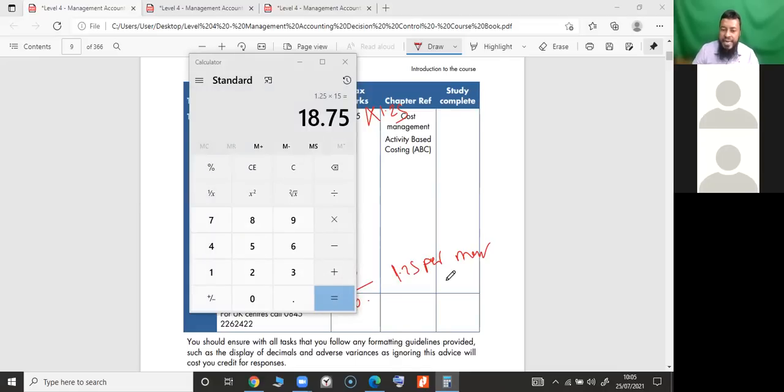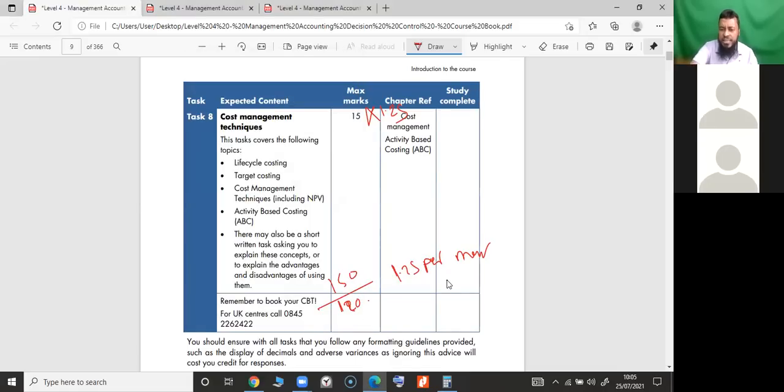So approximately 18 minutes, you should say. Yeah, 19 though, but 18 minutes for this question. So that is number one exam technique. You should know it. You must have a wristwatch. You are not allowed to take your mobile phone, right? Or you can see the wall clocks in KBM centers or any other centers. There is always one. You have done your exams, Level 2, Level 3, any other exam.